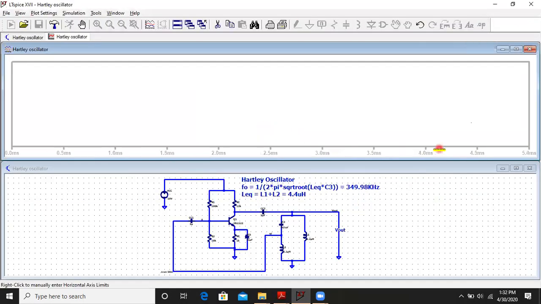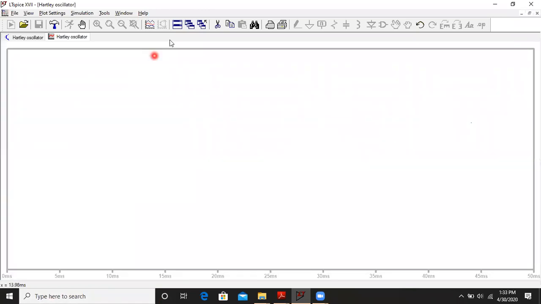So as you can see, on the x-axis, it will take some time, you will get around 0 to 50 milliseconds. Since the frequency is very high, the timing is very, very small. So the simulation of a Hartley oscillator takes some time. As you can see on this screen, the transient analysis, when it is 100%, you will get full speed. So basically, we have now got the window.